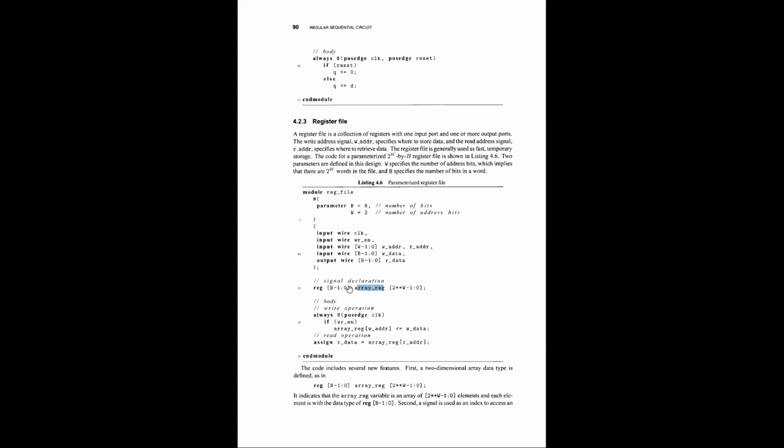Rather than one size, we are defining 2 sizes, 2 dimensions. This is one dimension we are defining here, and this is another dimension. This dimension says what the word size is. So word size is B, and this dimension defines the number of the words.